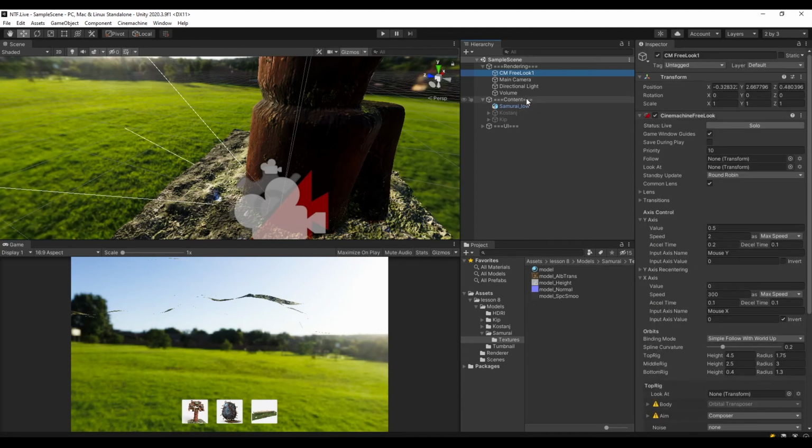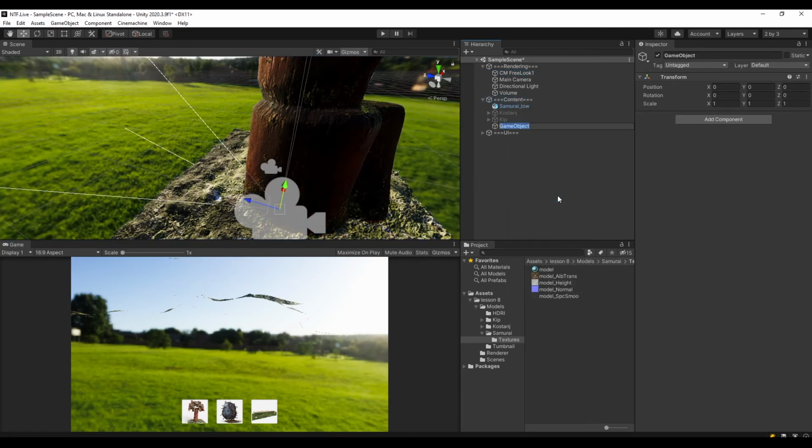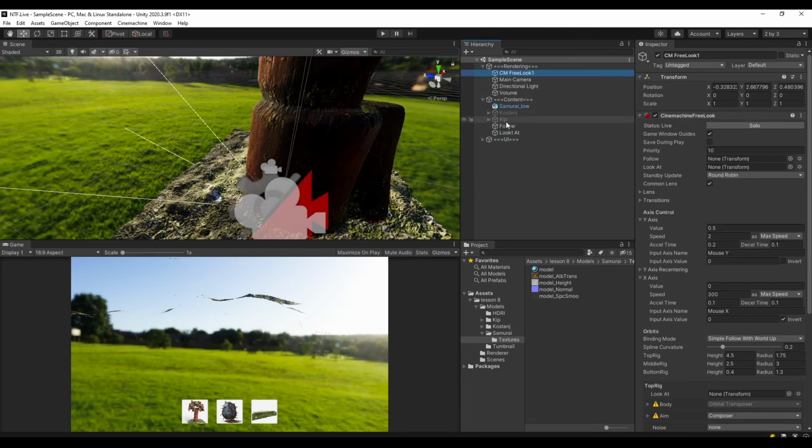So let's go under Content. Basically, we need Follow and Look At objects here. So we need to create them. Let's go under Content, create empty, and let's name it Follow. And let's again right click on the content, create empty, and let's name it Look At. The naming doesn't matter, but it's nice to be organized. So let's go back to our CM FreeLook 1 and just drag and drop Follow to Follow and Look